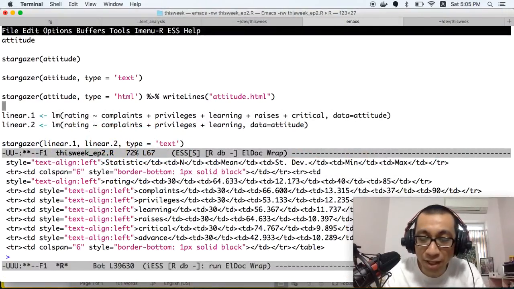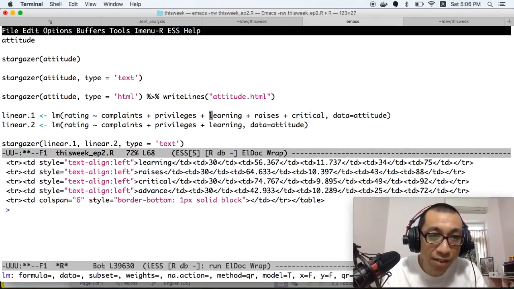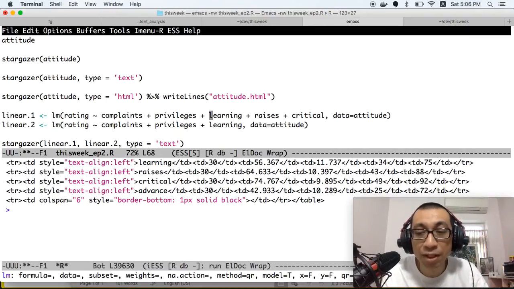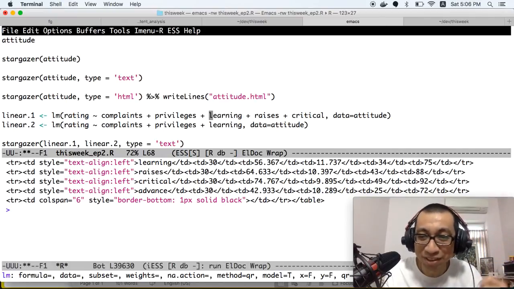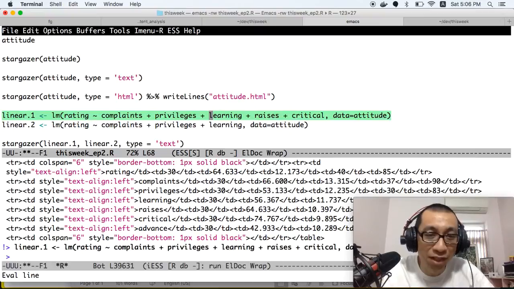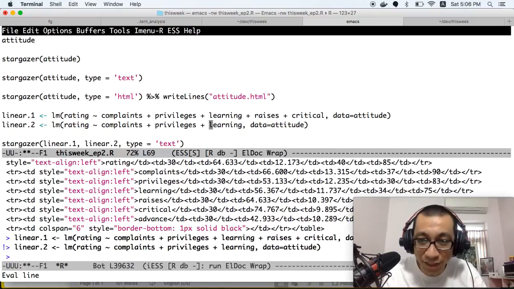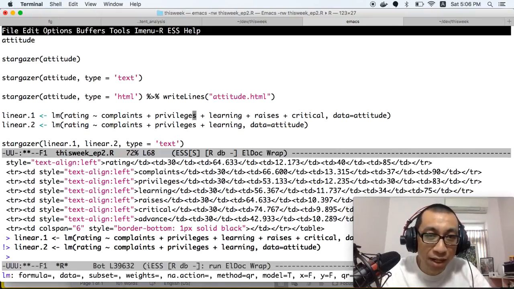Apart from this summary statistics table, you can just use the stargazer, and sometimes you need to present your linear regression models in R, for example. Sometimes you need to report your results in Microsoft Word. For example, you have a linear regression model using the attitude data again. So I create two regression models, and